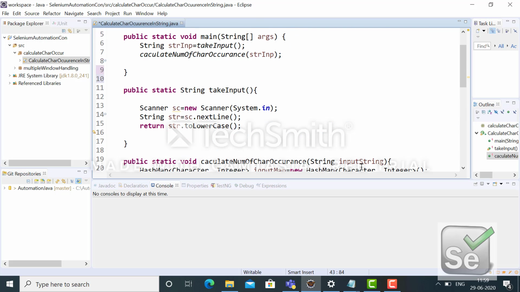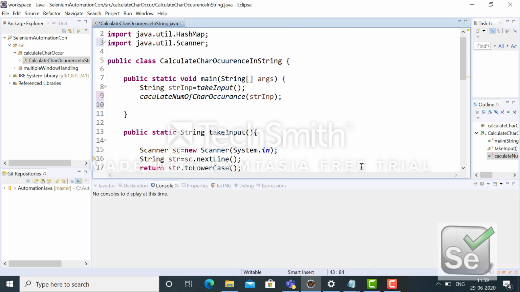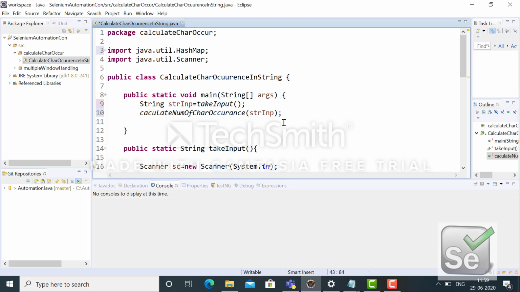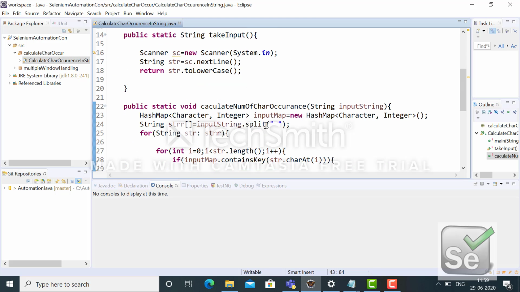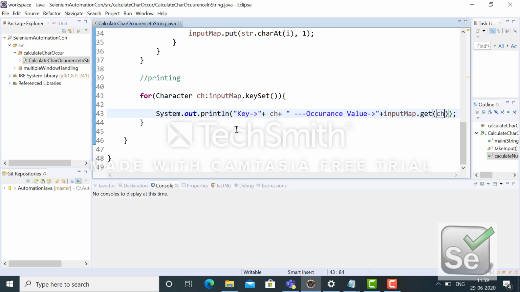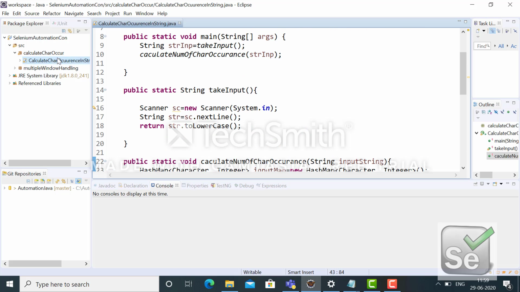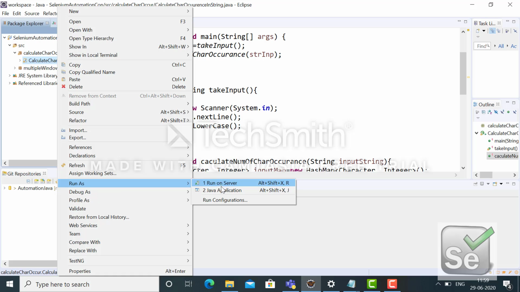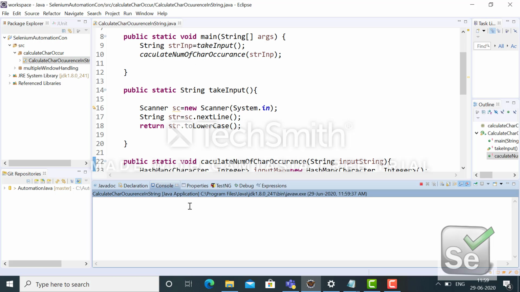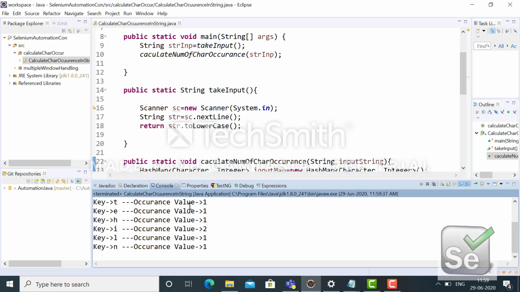Okay, so now my implementation is ready, and this function should work. Let me run it first. Here I'm giving a small i, caps I, caps S, also A, caps P, P, caps L, E. Now let's see.